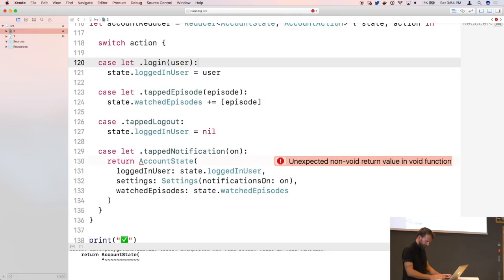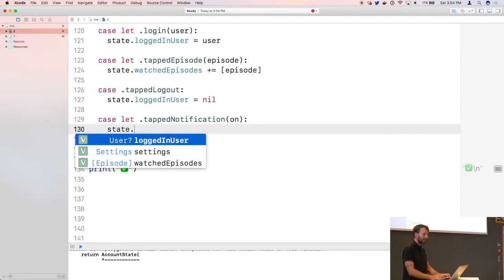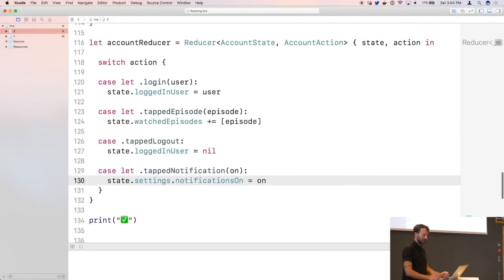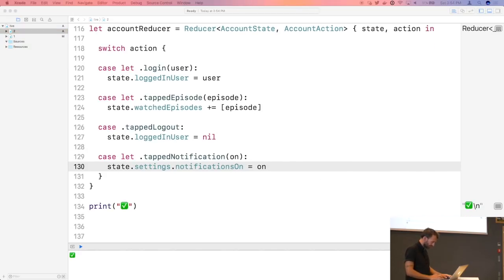And then finally here, we can say state.settings.notificationsOn is equal to on. Now that reducer looks very nice, and it still compiles. It's all the same safety and everything. It's just that now in our reducer world, we're given an inout, and we just do the mutation. It's the same as just returning a whole new value, and probably a little bit more efficient. Okay, so that's our first thing, and that right there is going to make it easier for us to see